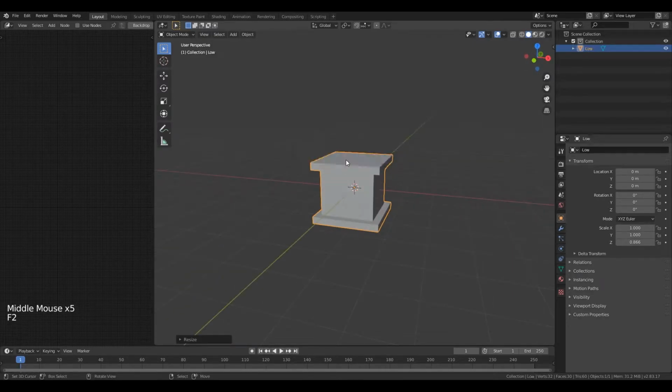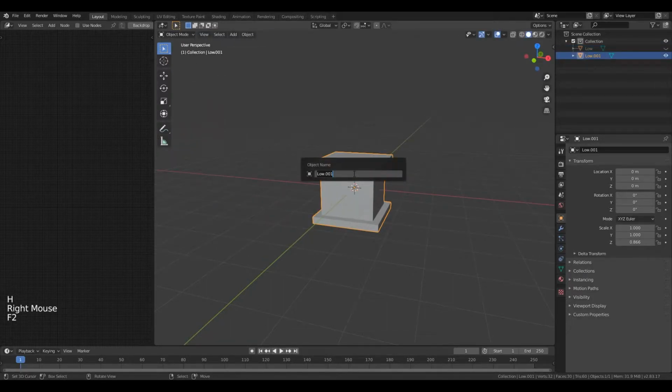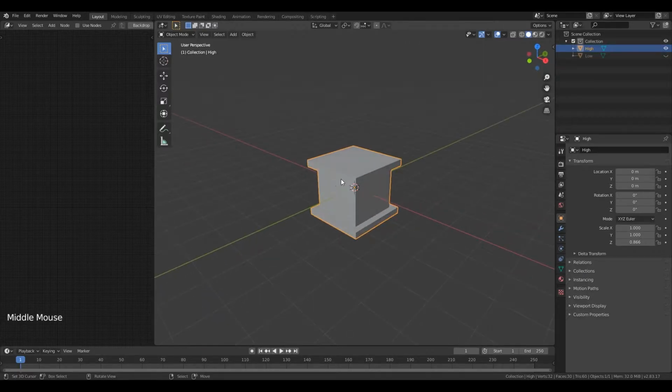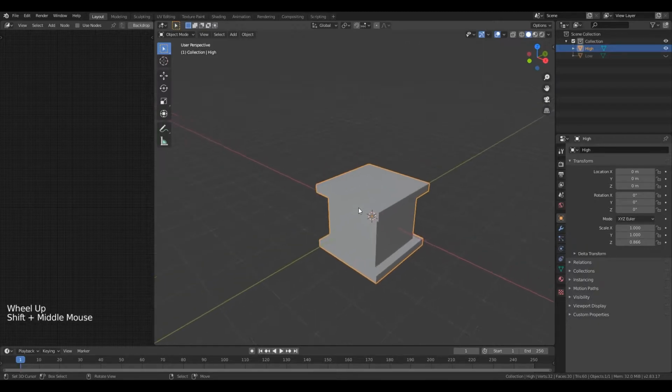Rename it to low. Shift D, enter, Control I to select the low, hide it. Now change its name to high, the duplicated one to high. Go to edit mode,